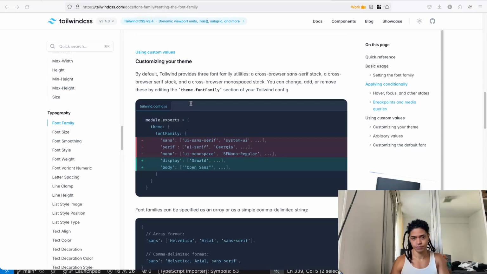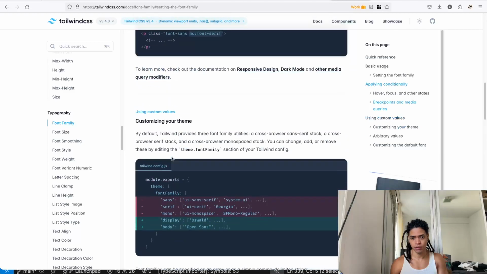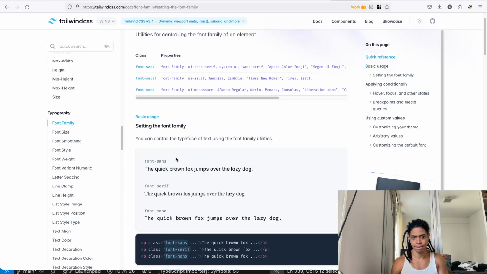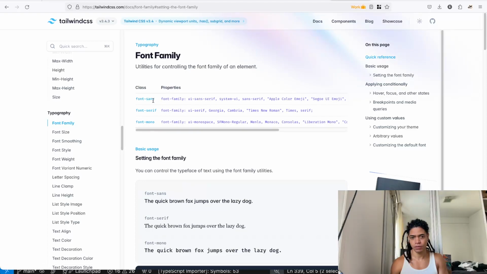So if we, for example, say font, or for some reason we say font sans to this question.